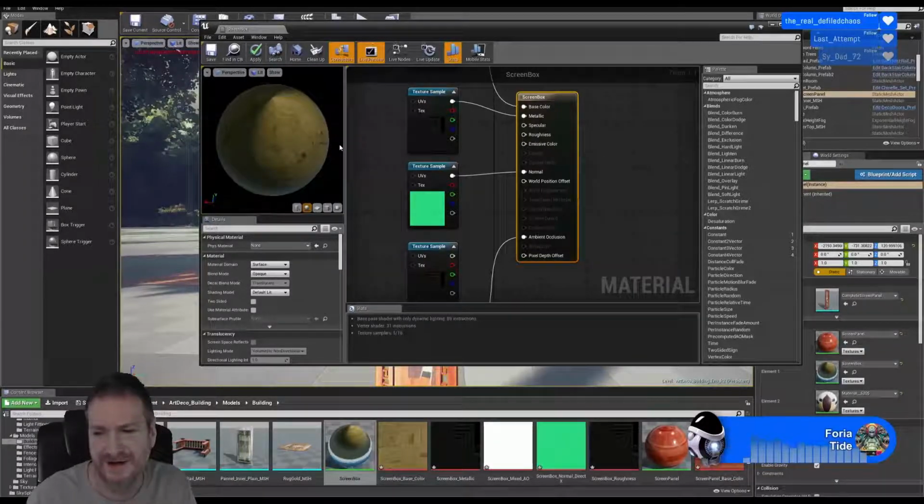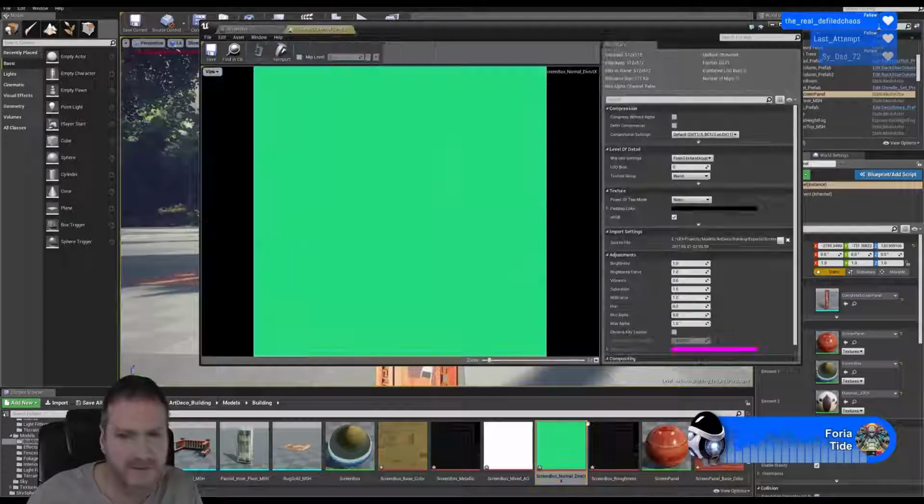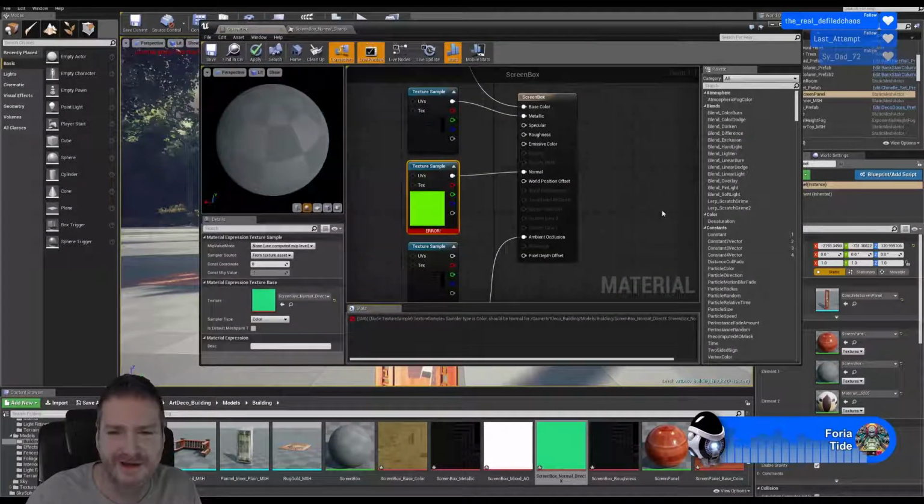Hey, Sidekicks. You're saying you don't think the normal map is tagged as a normal map? Let me check. You are correct. Thanks for that. I didn't notice that. I'll have to check that on the other one as well. No, it's telling me it's erroring out now, so...